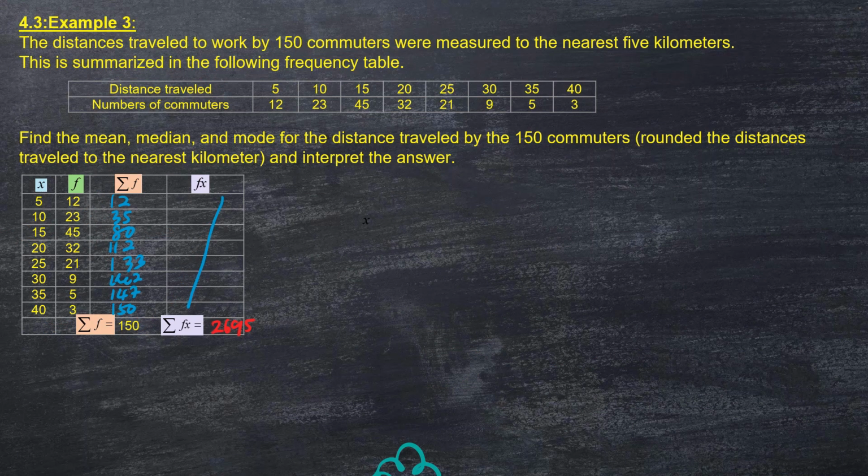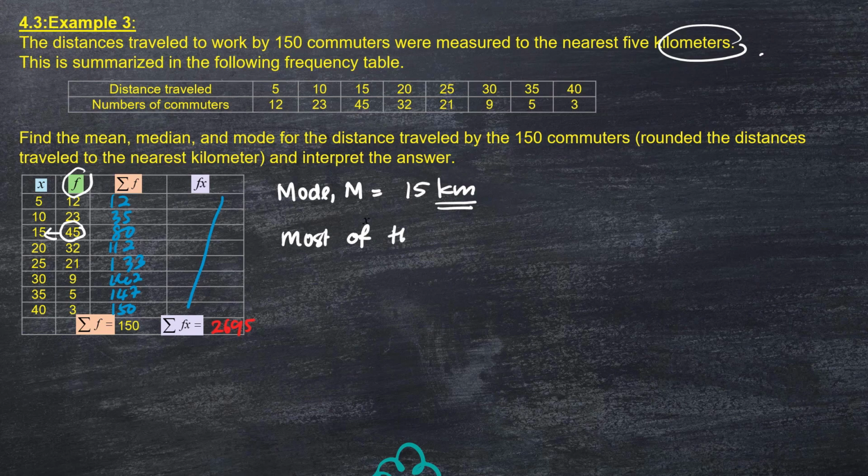Okay, so the last part will be for us to find our mode. Okay, our mode depends on our x. So it is our x that occurs most frequently. So let's look at our f that has the highest value, which is 45. So our mode is 15 kilometers. Okay, remember to put the unit as well when you find the value because we already know it is about kilometers. So let's interpret it. Most of the commuters travel 15 kilometers. Okay,